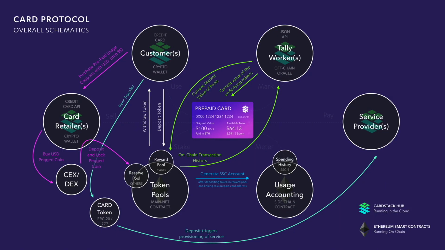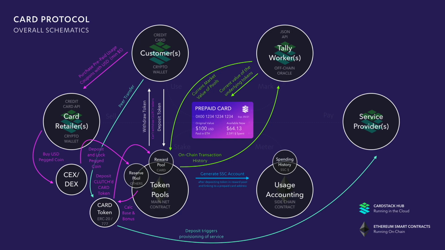Think about that as the membership reward points of American Express or ultimate reward points of Chase or whatever. It is the number one point, and then you have transfer between your hotel points or your airline points. But in our network, the Cardstack network, card token is in the reward pool. So we need to take the reserve pool and see how much value has been put in there, and using the exchange rate provided by Tally Worker, calculate how much card token to put in. Now, there's a set of card tokens already in the reserve pool. We're trying to keep the value balance. So you put something in, you take something out, and you put it in the reward pool.